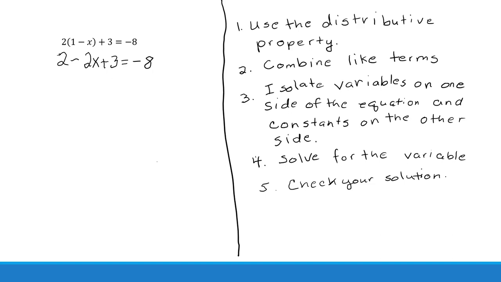I'm going to combine like terms on the left side of the equal sign. 2 plus 3 is 5, minus 2x